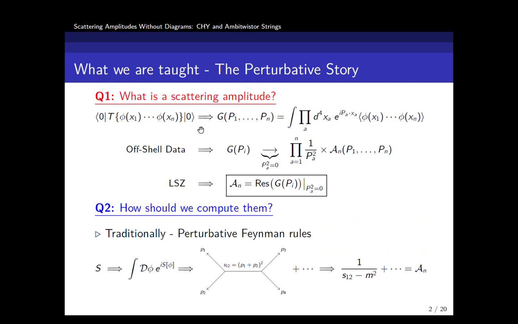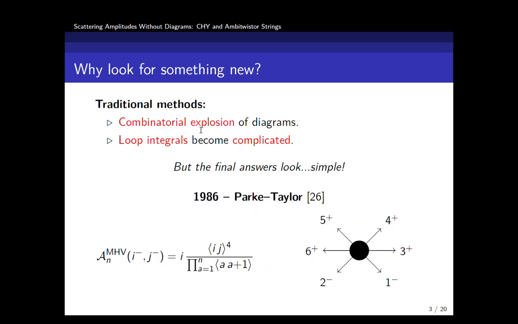So we have our standard rules that we're all familiar with, but traditional methods, even at tree level, can be combinatorially quite expensive. There's an explosion of diagrams even at tree level, and also loop integrals can become quite complicated, although there's some great work done in studying structures of amplitudes, just as Luke and friends were talking about today. But for us it can be a computational hardship.